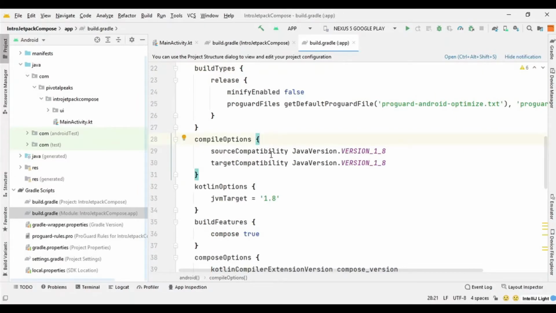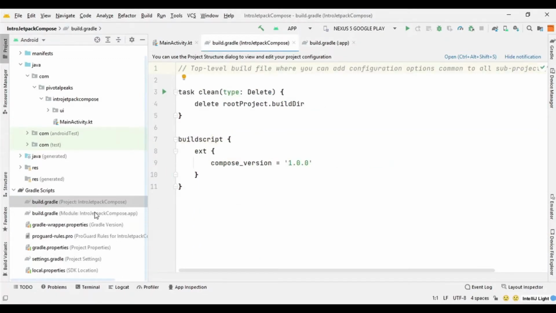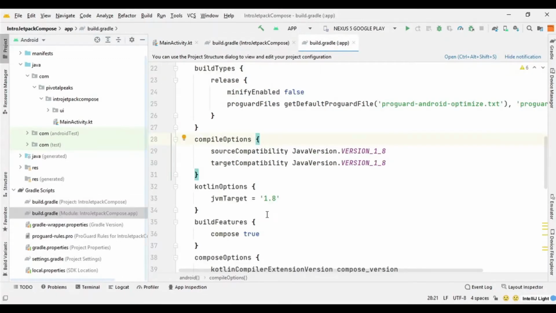All the code we write, when we build it, gets converted to Java version 1.8. So make sure to have these compile options in your app level build file, which is also called the module level. So always remember this one. This one is project level and this one is module level.